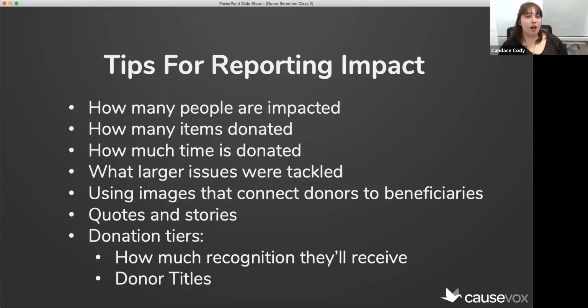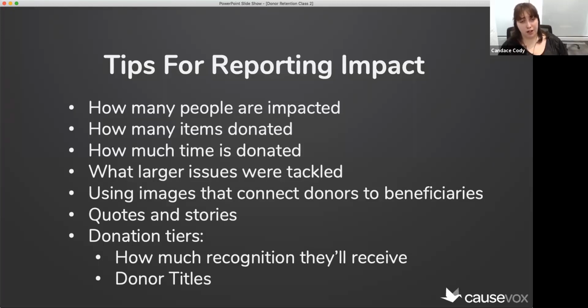And then zooming out a bit, talking through the larger issues that were tackled with a certain initiative. As a best practice, you'll want to use images that connect donors to your beneficiaries, so they're able to see the impact and imagine the impact through imagery. Quotes and stories are really important, so breaking down the wall between your donors and your beneficiaries is done really well when you can just